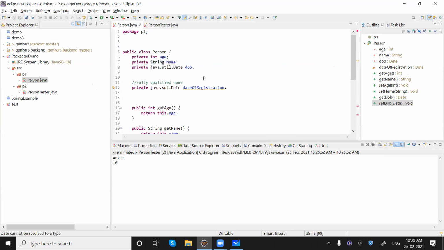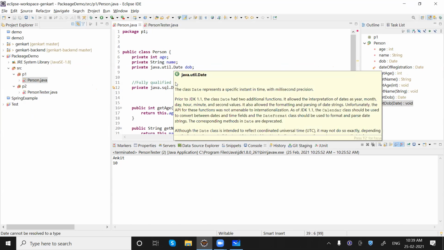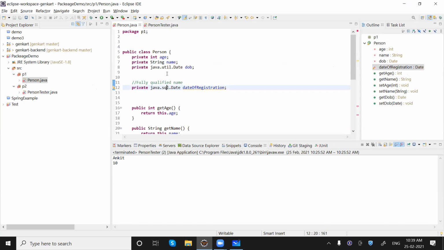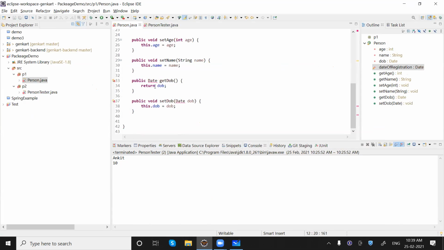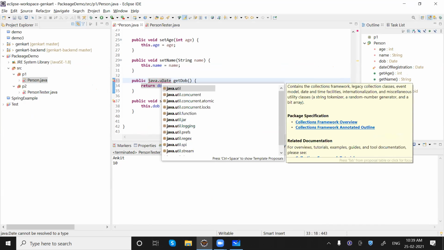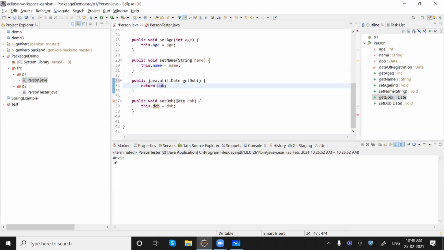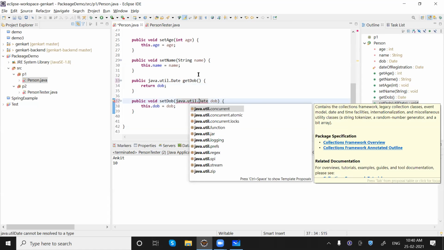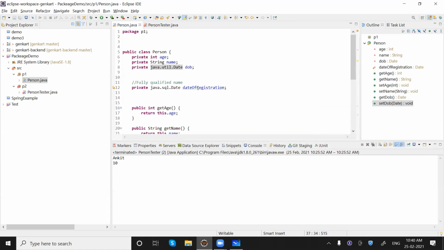Sorry, java.util.Date. So we need to tell which kind of date it is here as well. So I need to write java.util.Date. Here also we need to define java.util.Date like this when we want to use both the classes.